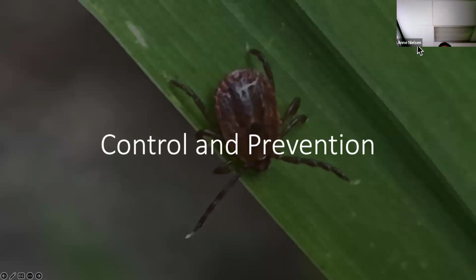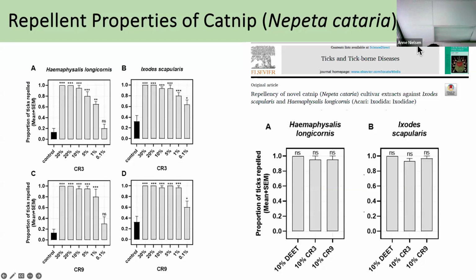Now I'm going to move a little bit to control and prevention, and we're going to start this part talking about catnip. Catnip is a plant, Nepeta cataria. This project was done in conjunction with Gene Simon from Plant Science. He developed 2 cultivars that were enriched in nepetalactone, and nepetalactone is the active ingredient involved in the repellency from